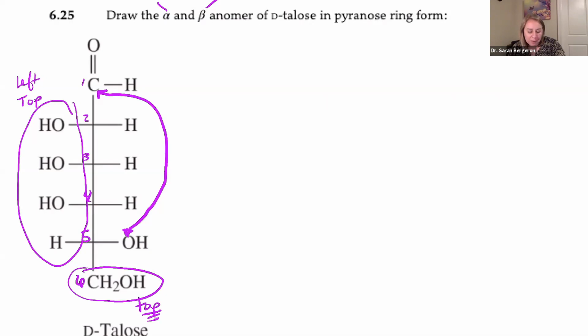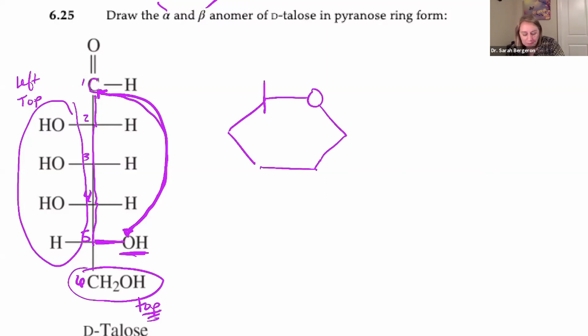So I have 5 carbons in the ring, plus my oxygen, because you'll have a bond from carbon 1 to carbon 2, 3 to 4, 4 to 5, then carbon 5 to oxygen, and then oxygen to carbon 6. Okay, so we should have a 6-membered ring, but oxygen is one of the atoms. Remember our carbon 6 is going to stick up on the top, so that's